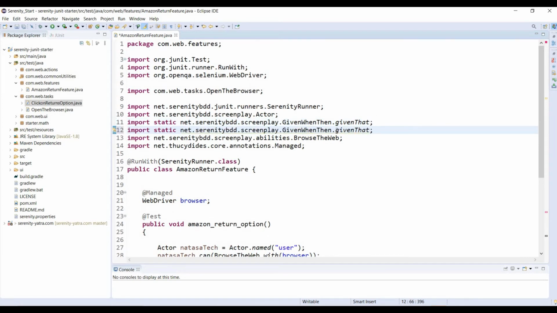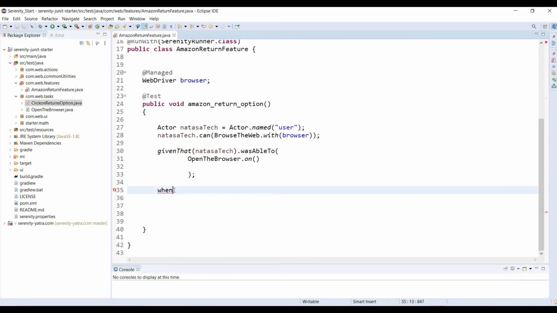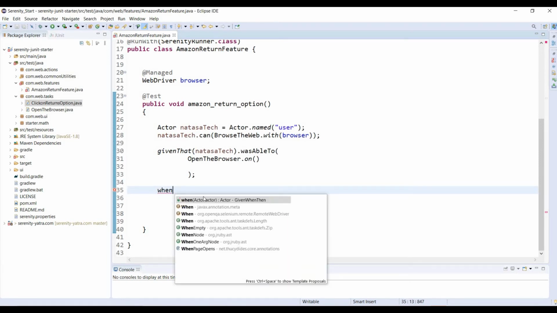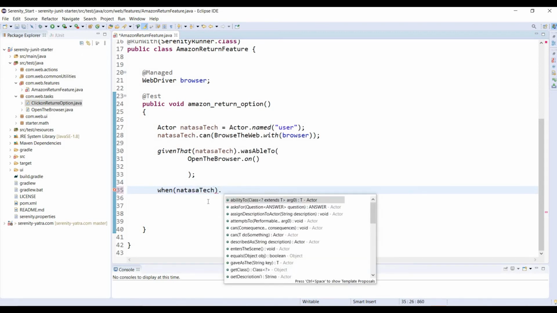After given, when, then, you just remove this given that and type when, because the given, when, then package only supports given that and when, then. This static package supports this method. So now you get the right package, because this package contains the actor name. So what is the actor name? Natasha Tech. Next I'm going to attempt all the tasks.